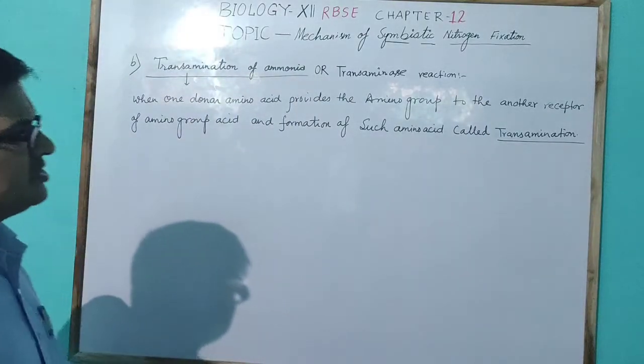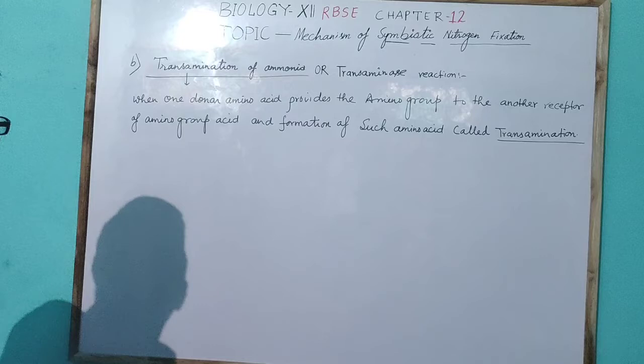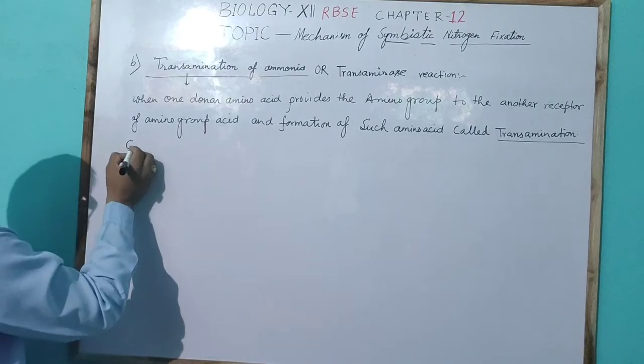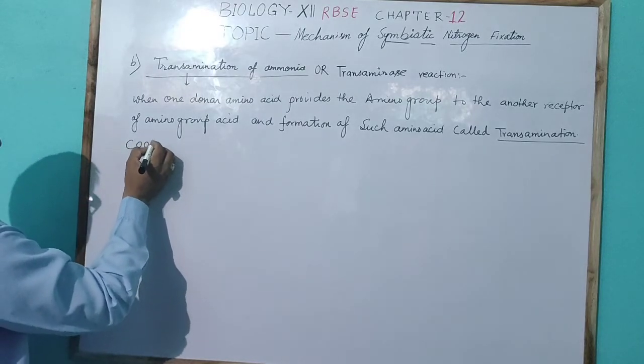As for example, consider glutamic acid as COOH,